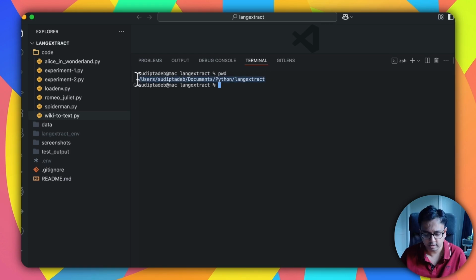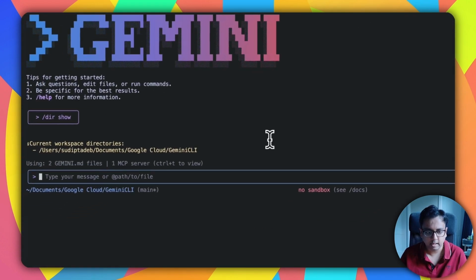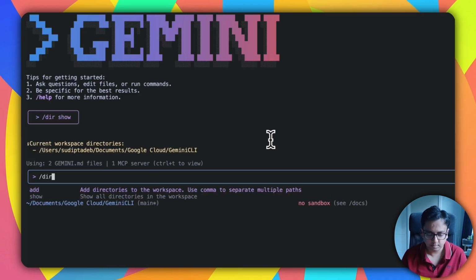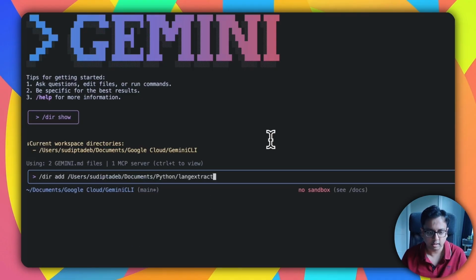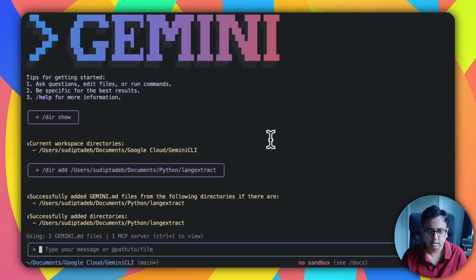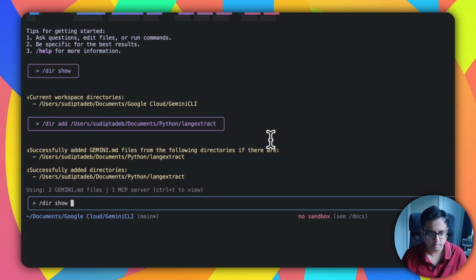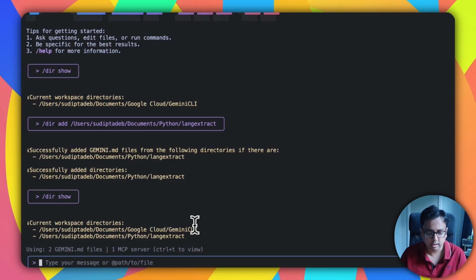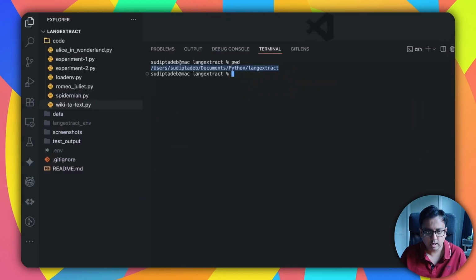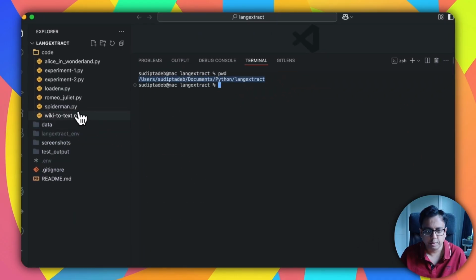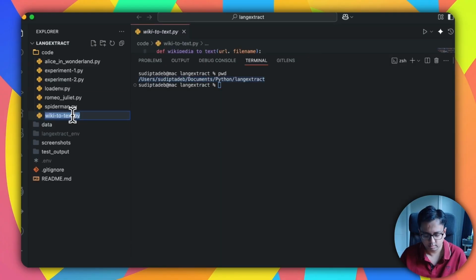So let me copy that and come back here. I'm going to first add that other project's directory here. The command for that is again /directory, then add, followed by the other project's directory. So I've added it. Now if I run the same show command, I have two directories, this one and this one. Now let's say I want to bring back my wiki.txt, this Python file. How can I do that? So let me copy the file name